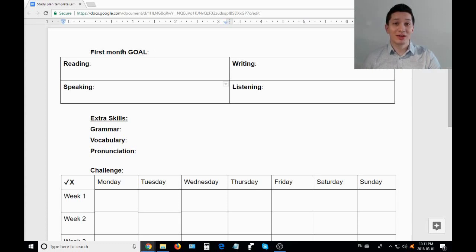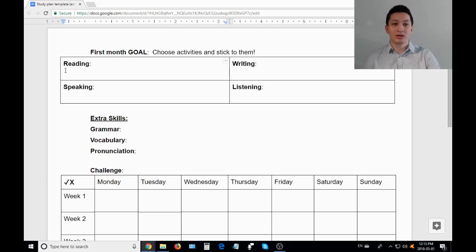Our goal for the first month is just going to be choosing our activities and sticking to them. Because if we can't even accomplish this simple goal, then there's no point talking about more complex goals or study methods. You might think this is too easy or too simple, but trust me, the students I had in the past who would skip this step had a much harder time learning English. But all of my students who took the time to do this step really succeeded in accomplishing their English goals.